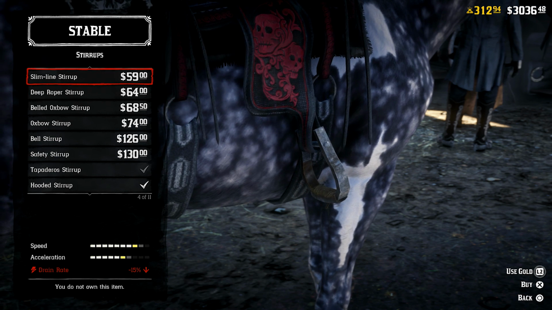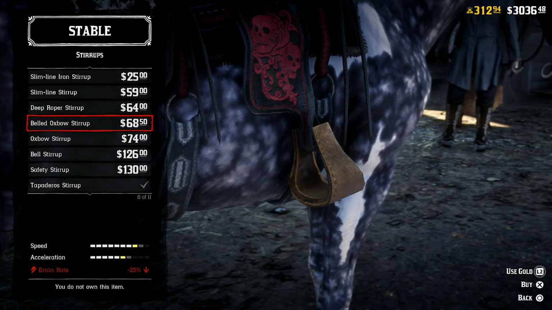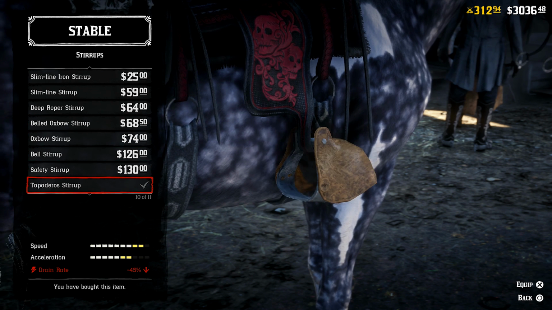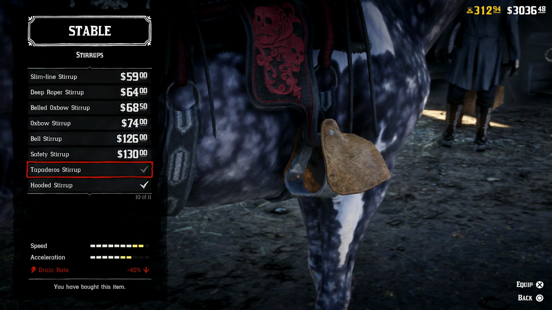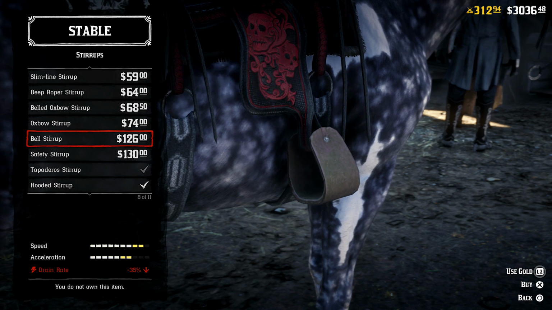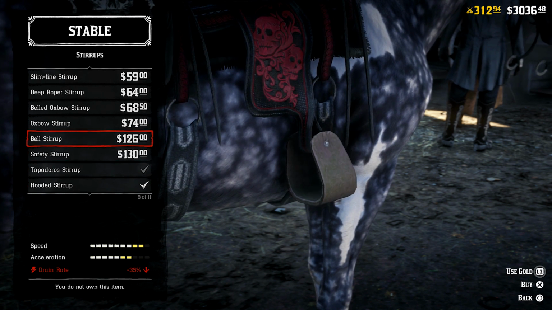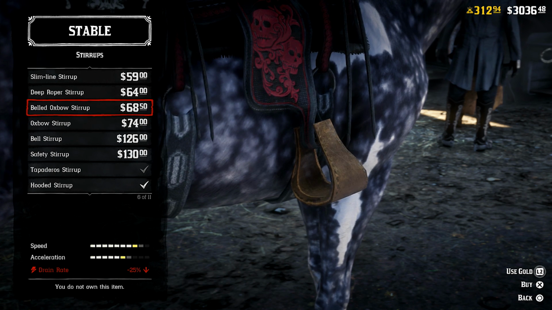And then just kind of, I would get something around the 20%, 25%, and then I wouldn't upgrade again until you can get one of these that gives the... Because basically, once you hit the bell stirrup, you don't really need to upgrade again until the hooded stirrup. So I would kind of save the money maybe for...